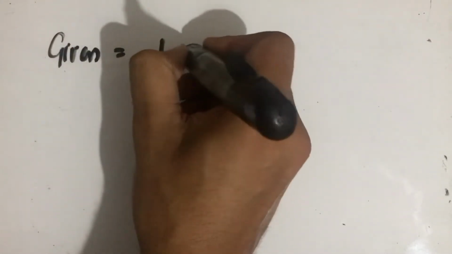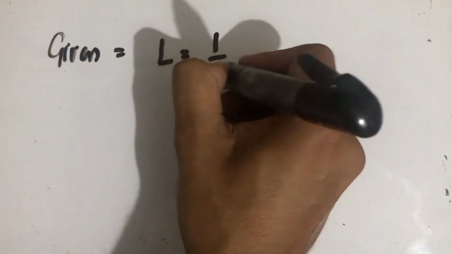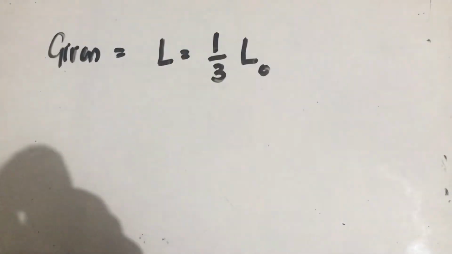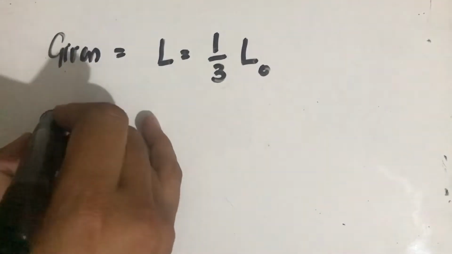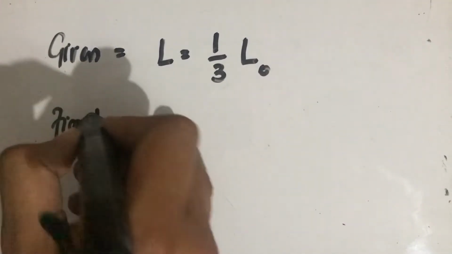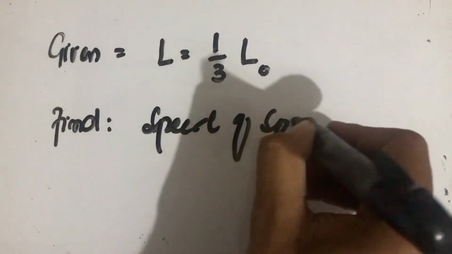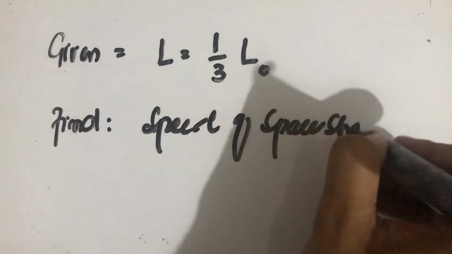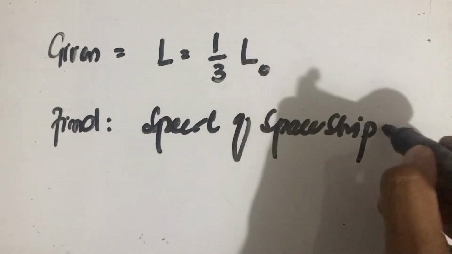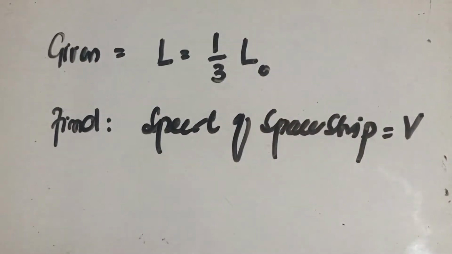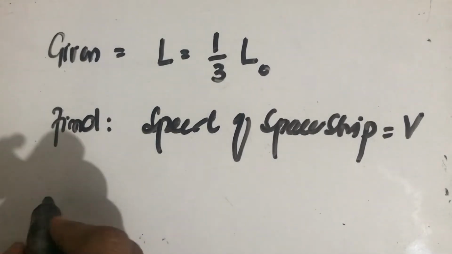So in this numerical problem the given value is L equal to 1/3 of proper length, and we have to find the speed of the spaceship, which is equal to v. So the equation for this problem